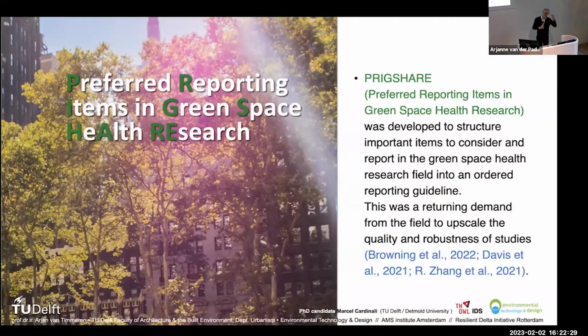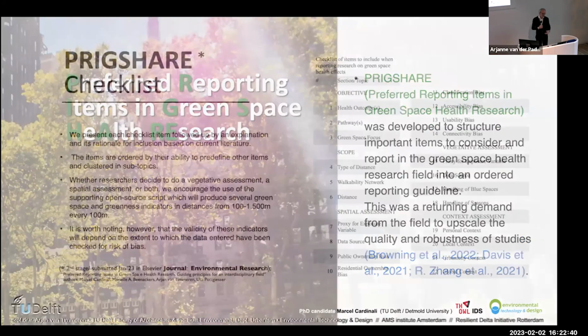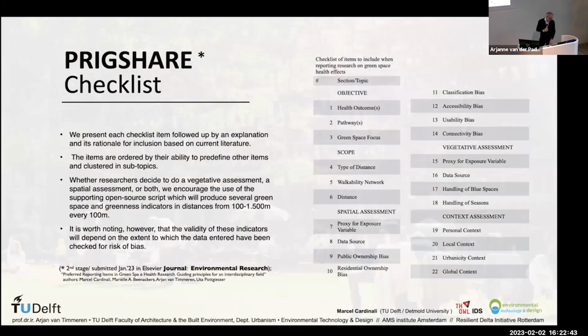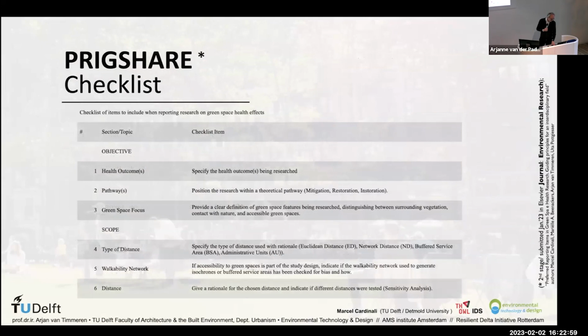So what we did is we made this kind of preferred reporting items, which is meant to help you as designers decide what to do based on data and how to come to your solutions. I'm not going to explain it in depth because we simply lack the time. We go through these 22 different data aspects you can run through, and you can combine them in this checklist. I will share a PDF so you can read it there. This is from a publication just submitted last month,